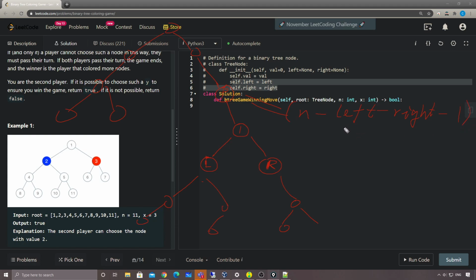So we have a parent, we have a left, and then we have a right. So those are the three possible nodes we can get, right? So we just need to check among all those three numbers, we get the maximum out of the three numbers, and then we'll check,